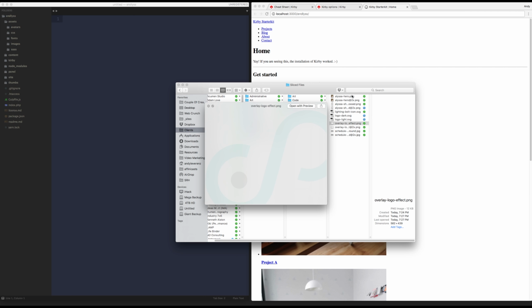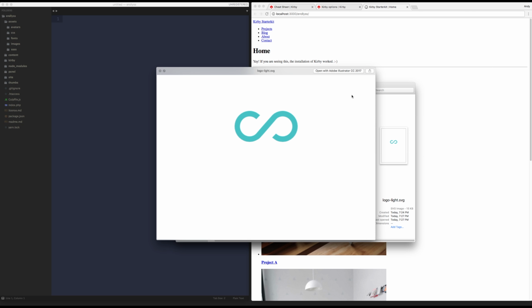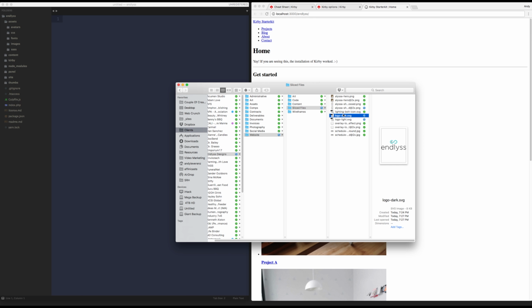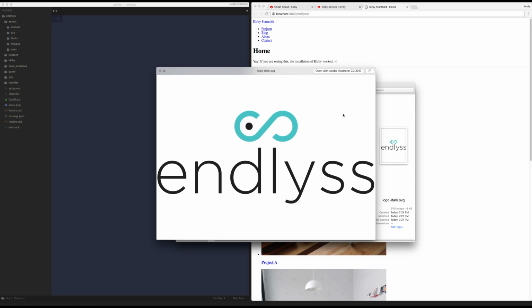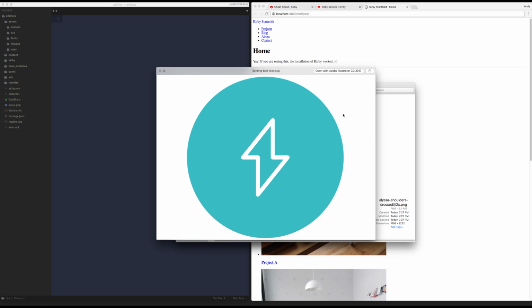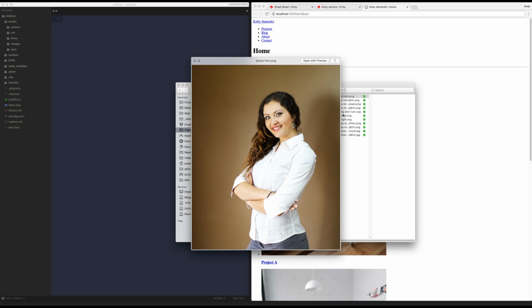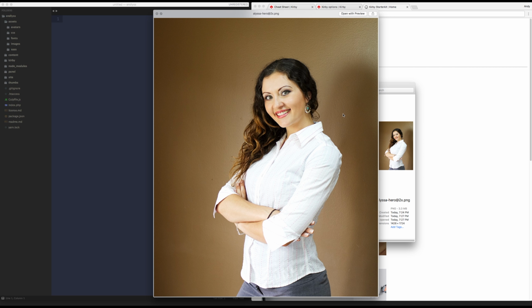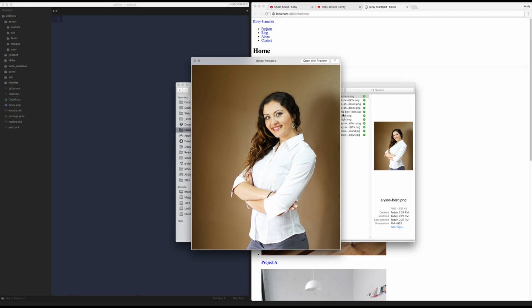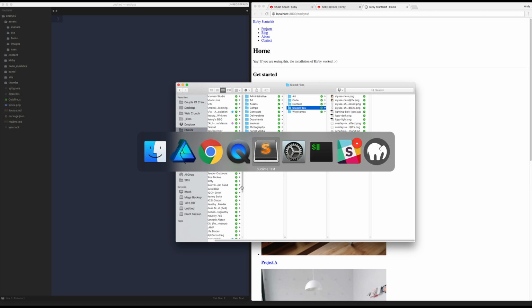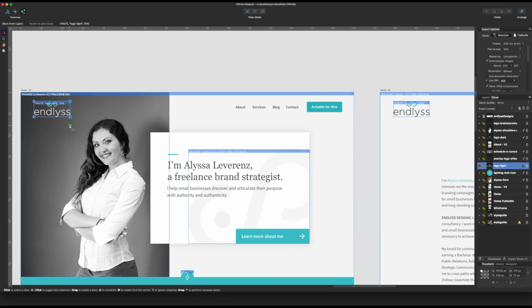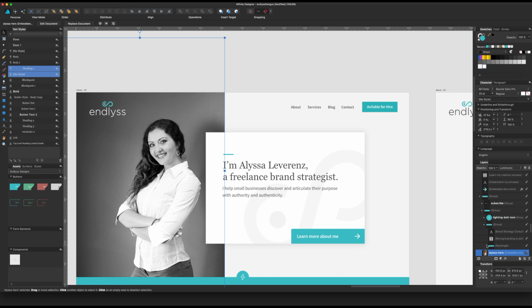Cool. One thing I noticed is this is not transparent in the background. I don't know if it needs to be. I don't think it does. Awesome. That I just noticed is color. We actually want it to be black and white. We could do that in code, but I don't want to deal with that in case browser support isn't there. So let's go back and make sure that